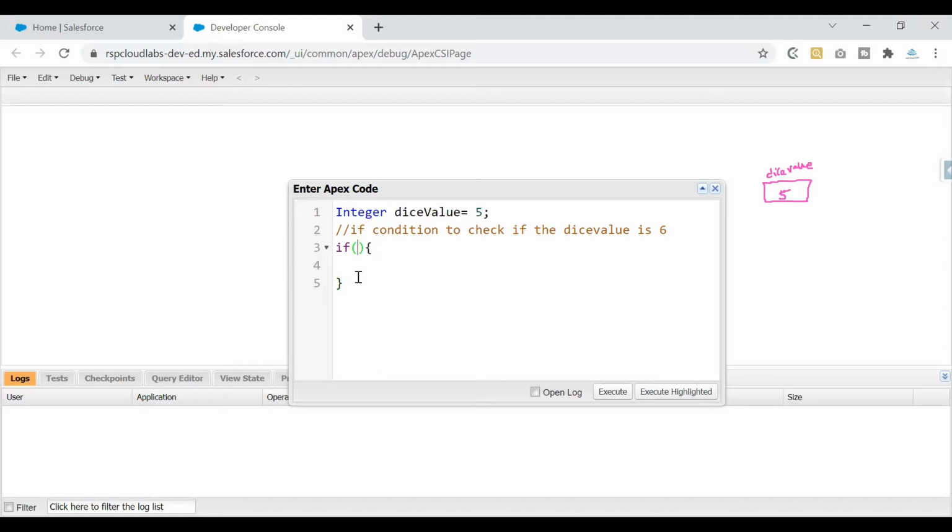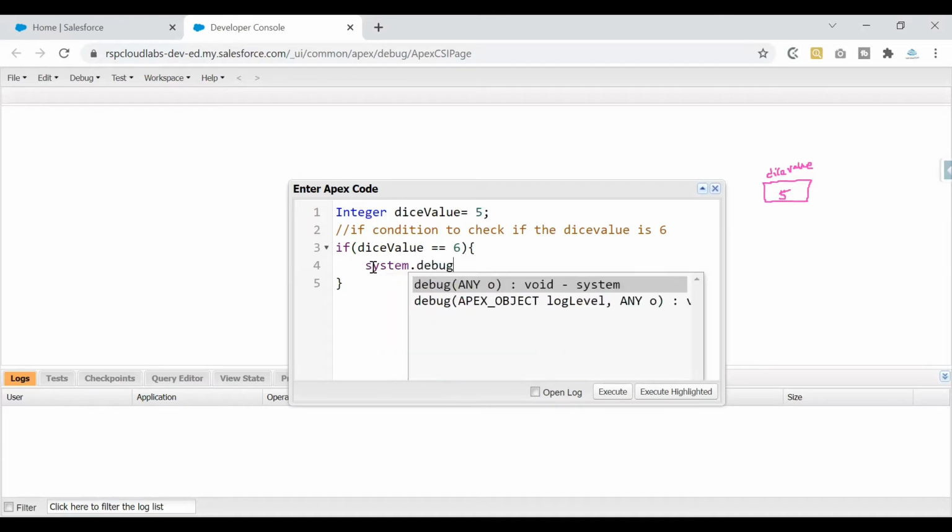What we have discussed here is that within the small brackets, I need to write the condition. What is my condition? Is my die value 6 or not? I need to ask the system. If I write a single equals sign, that means I'm assigning the right hand side value to my left hand side variable. That is not what I want. I want to compare what is on the left hand side with the right hand side value. So I'm taking the help of the comparison operator, which is double equals, and I'm asking the system, is the left hand side value equal to the right hand side value? If yes, go ahead and execute the logic that I have in my if block.